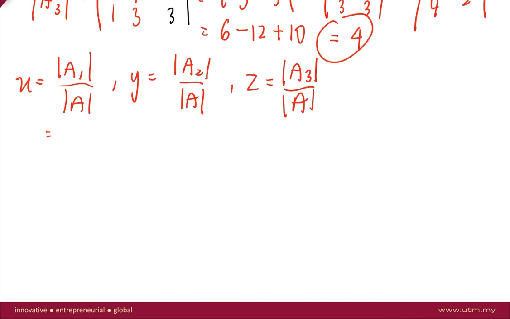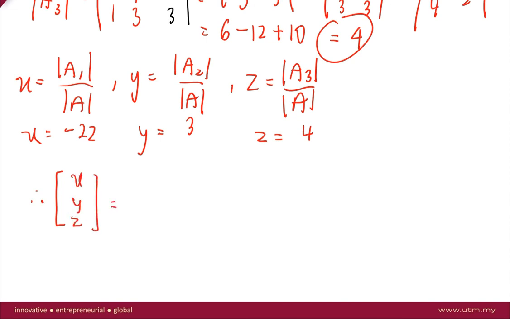A1 is negative 22, divided by 1 is negative 22. y is 3 divided by 1, which is 3, and z equals 4. So x, y, z is equal to negative 22, 3 and 4. So we have the same answer as